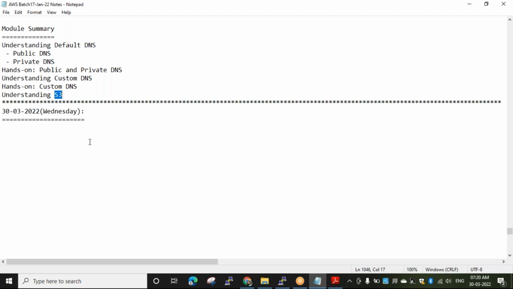In the last session, I already showed you in S3, I created three buckets. One bucket, abcinfotech.com. Second bucket, www.abcinfotech.com. Third bucket, logs.abcinfotech.com. These three things. In this session, I want to move forward with S3 hands-on,